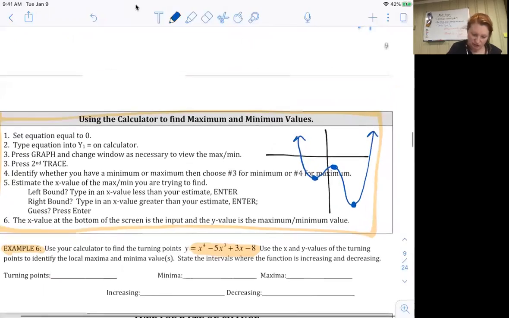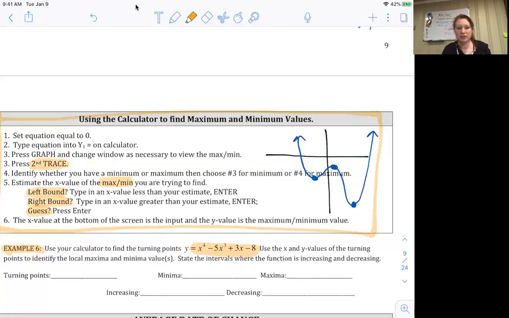And again, the directions are here, but it's going to be a series of pressing the trace button, the second trace button. There's going to be a calculator option in there, and you're going to have to decide if you're doing a min or a max. And then you're going to do a combine of these left bound, right bound, and guess. Again, I'm going to walk you through these steps because it's easier to understand when you do them. So we should all be staring at this screen. You're going to go ahead and